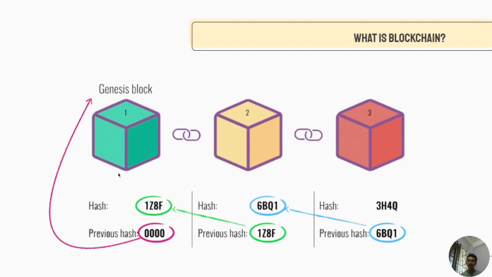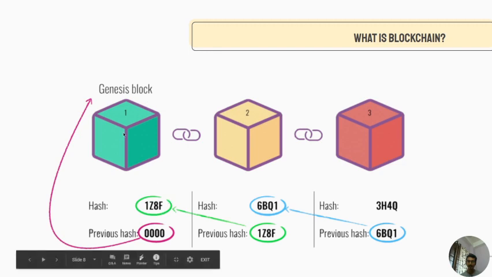So now this diagram will be crystal clear to all of you. The first block is holding some kind of data. Suppose let us assume the data 1 only. For the data 1, this hash is generated, and as there is no block assigned before this, the previous hash is basically kept as 0 or null, it's nothing, it's blank.